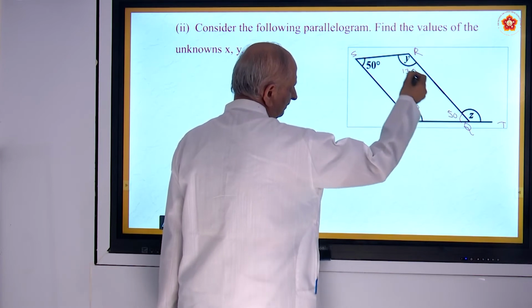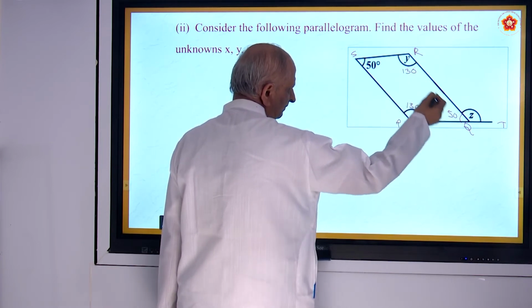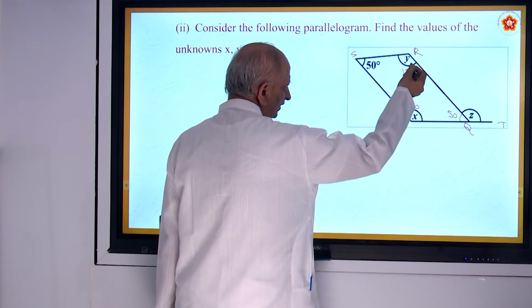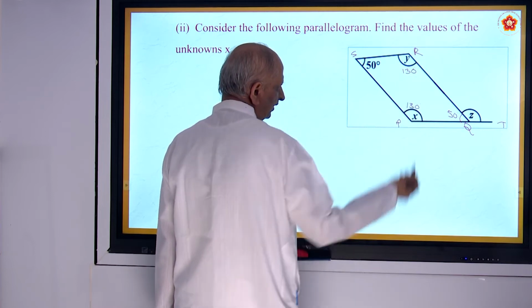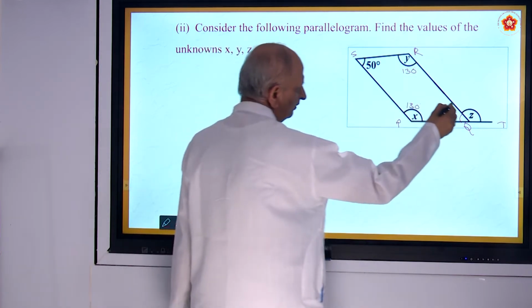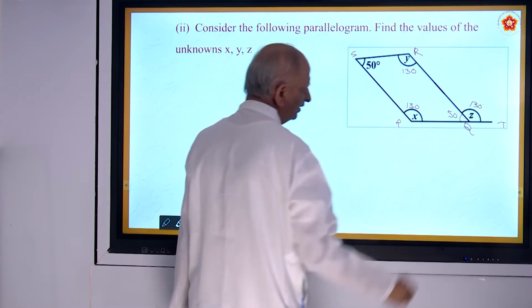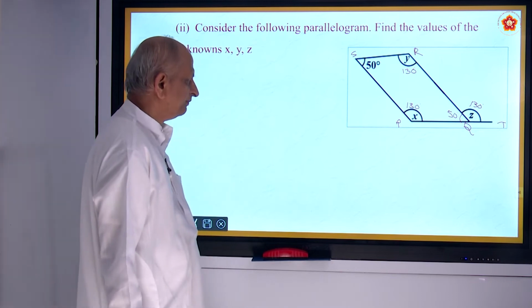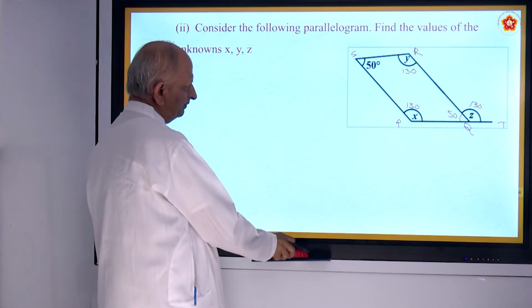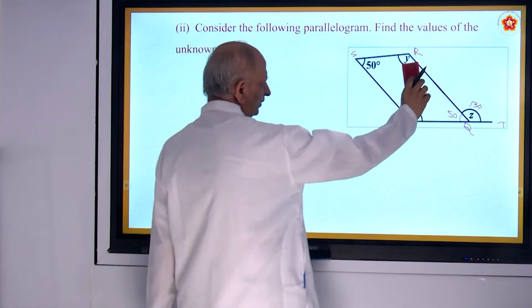So, 50 plus 130 plus 50 is 180, and these two are equal, 130, and this exterior angle will be equal to 130 degrees because they are adjacent angles. So, we will write one by one. Okay. First we will start with the